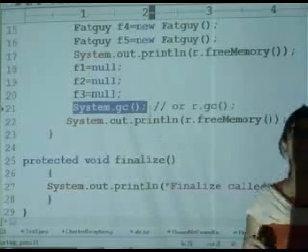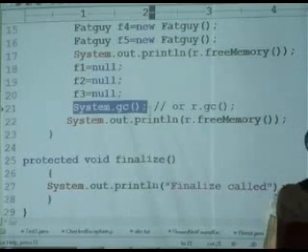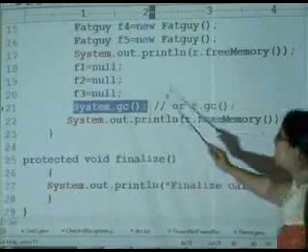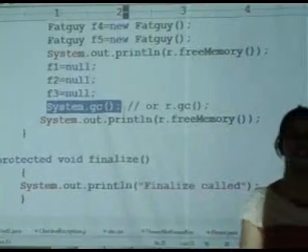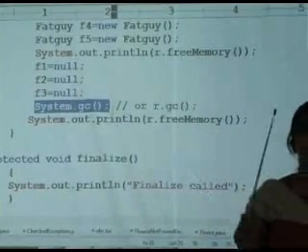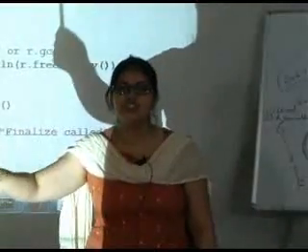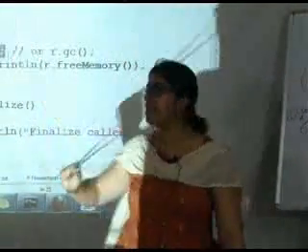So all these 3 objects are eligible for garbage collection. So the moment I am running this GC, I know that there are 3 objects, boss. And whenever I am reclaiming these objects, I check, okay, these are from fat guy, finalize method is there, execute it once.